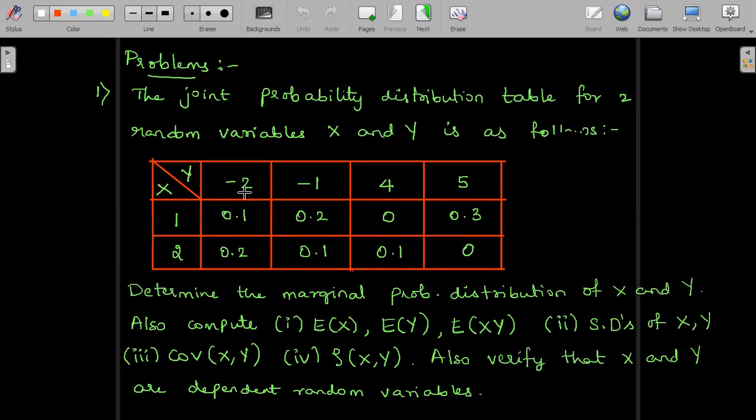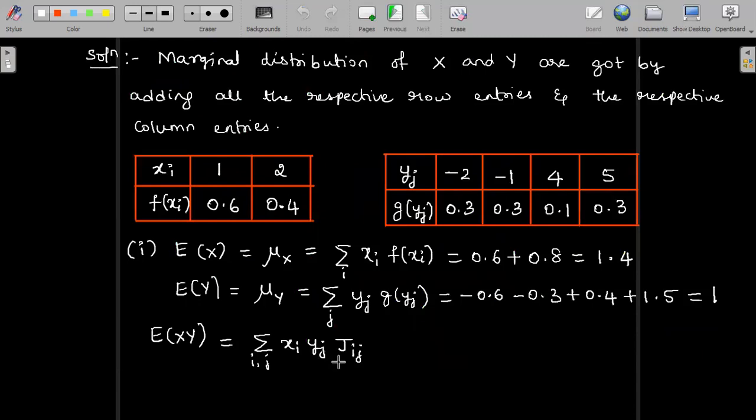So 1 into -2 into 0.1 plus 1 into -1 into 0.2. Correct? So that is how we are able to obtain it, by doing the product of all xi into yj into jij. Along with that, we have to take care of summing up all those values. So let us perform this. We will be getting